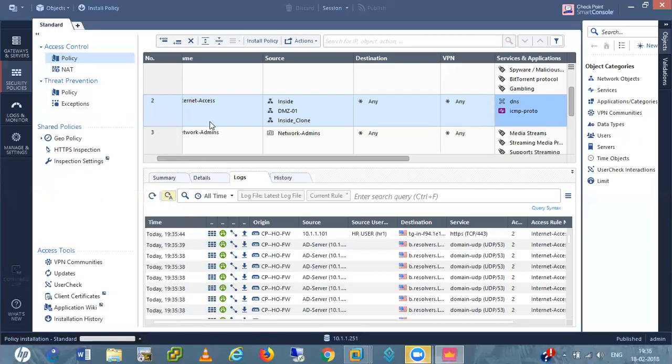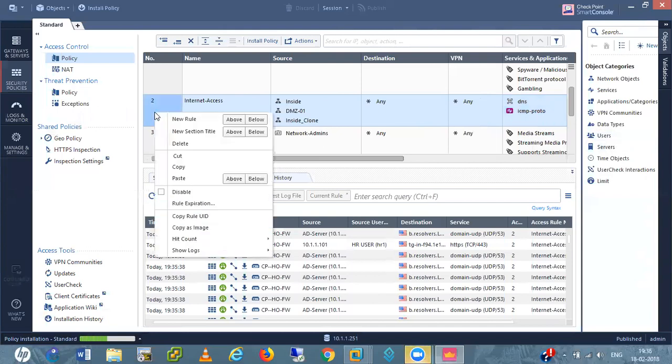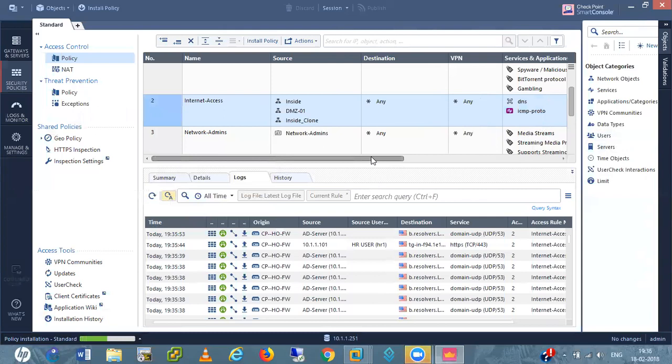So I just removed HTTPS from my internet access rule, because I think maybe this rule also interrupts these things, right? Now this rule allows only DNS and ICMP protocol.